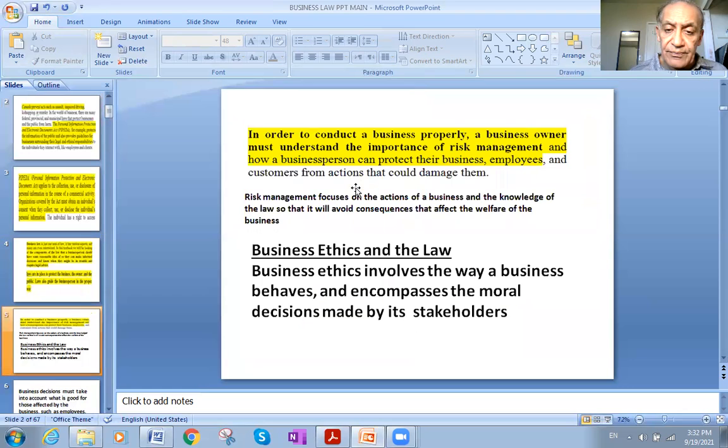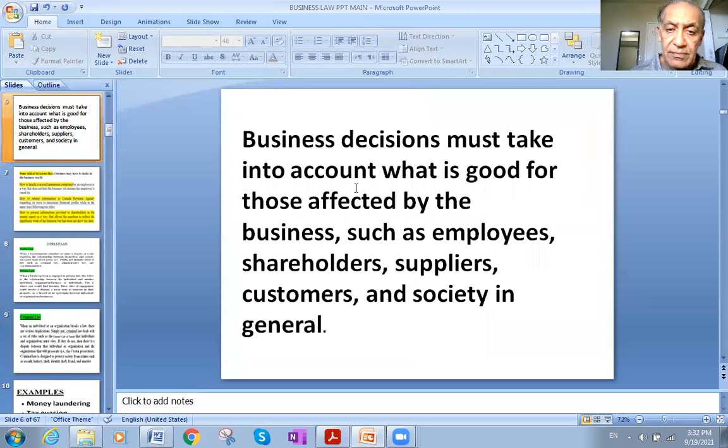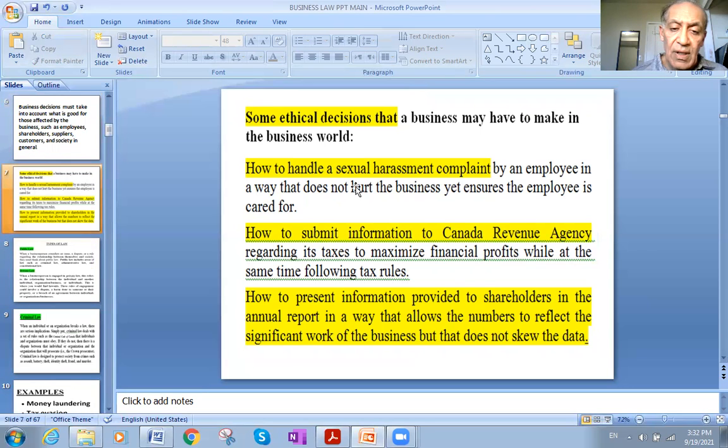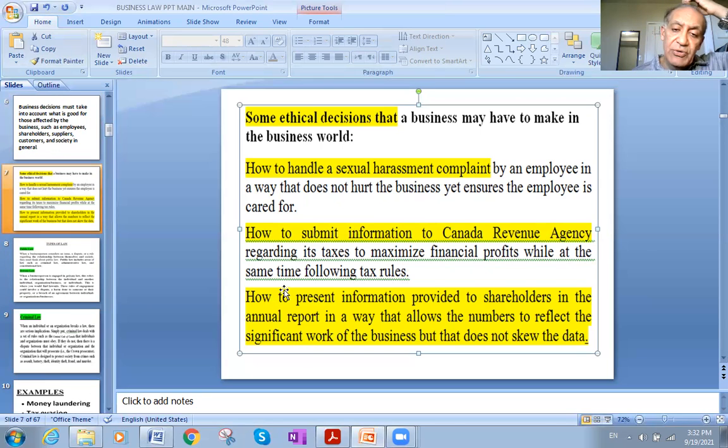Also, how to present the information provided to shareholders in the annual report in a way that allows the numbers to reflect the significant work of the business, but does not skew the data. So those are all examples of